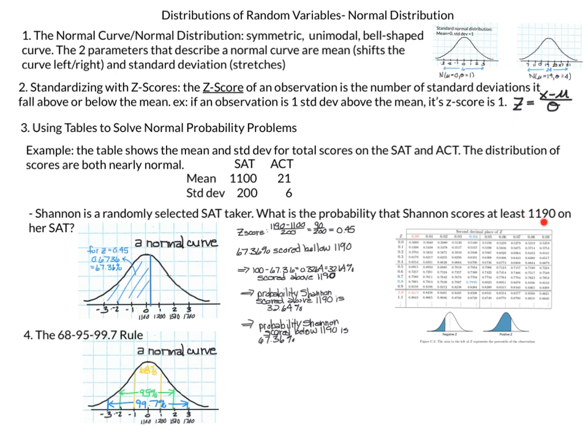So the probability of scoring 1190 or higher, that's going to be 100% minus the 67.36, so that's 32.64%. So the probability Shannon scored above 1190 is 32.64%. The probability Shannon scored below 1190 is 67.36%. Finally, we had the 68, 95, 99.7 rule, which explains why we say the standard deviation tells us how